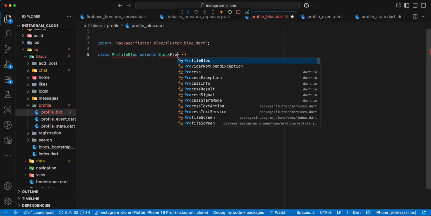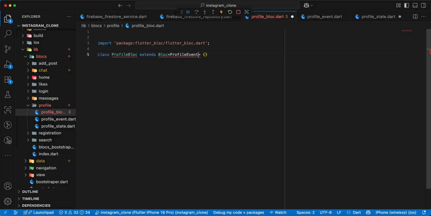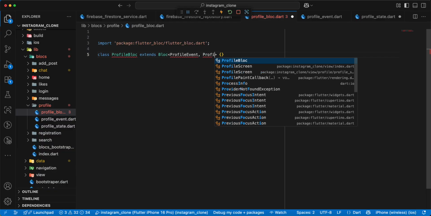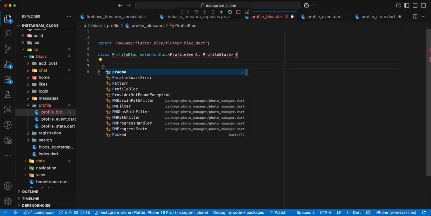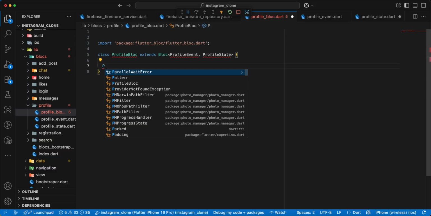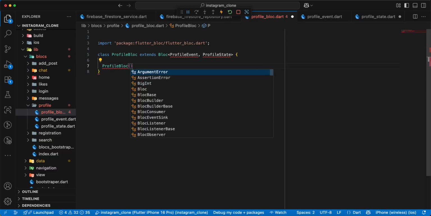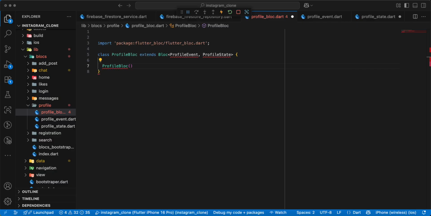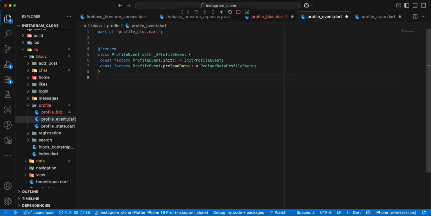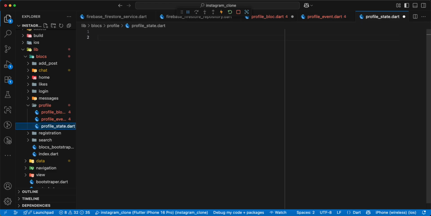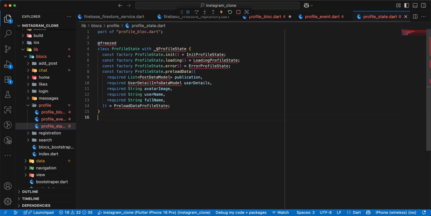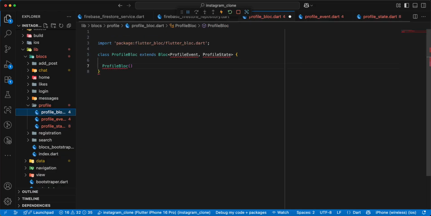and we write ProfileEvent, write ProfileState, add constructor, and we open profile event, then we open profile state, add ProfileState, open profile bloc,